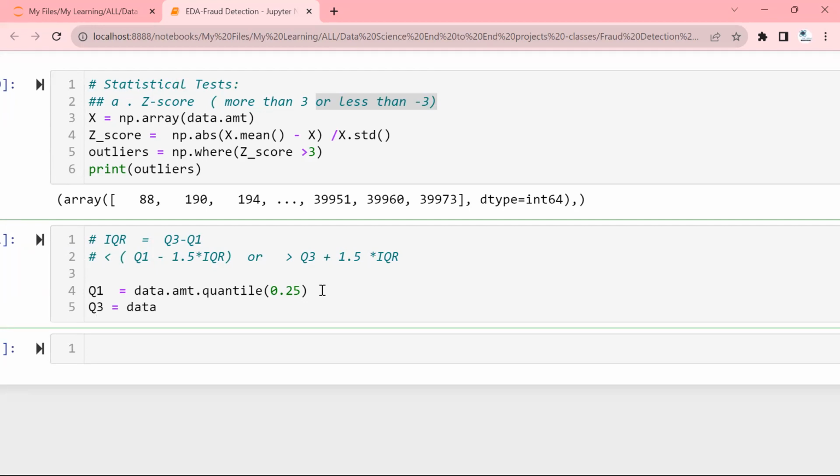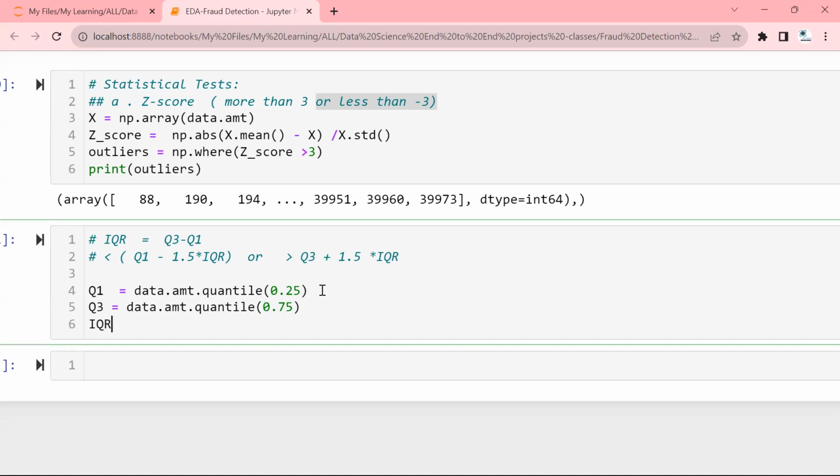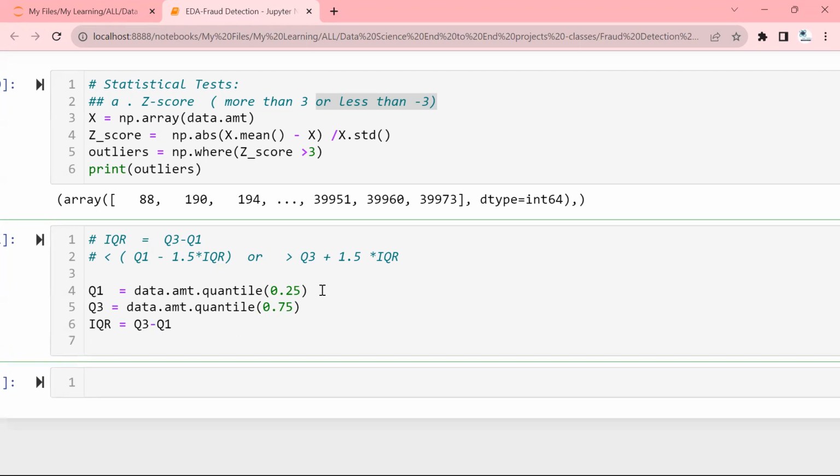How can we calculate quartile 3 for the amount? Quantile is the method. With the help of the quantile method, we are calculating the 75% of the data. So this is the way we calculate Q1 and Q3. From this, we would like to calculate the IQR value. Q3 minus Q1, that we call the interquartile range. Now, same method, I would like to calculate the outliers. So the outliers are, if any value,